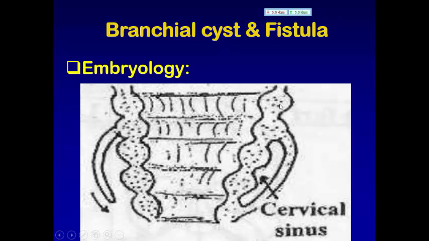The second arch forms the hyoid bone. This is the second arch, forming the hyoid bone. The third arch forms the neck over the thyroid region. From the third arch derive the structures in the neck over the thyroid region. During embryological development,